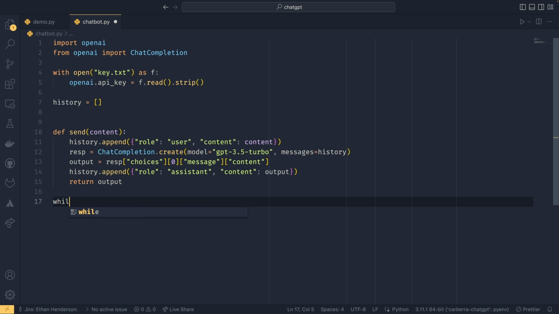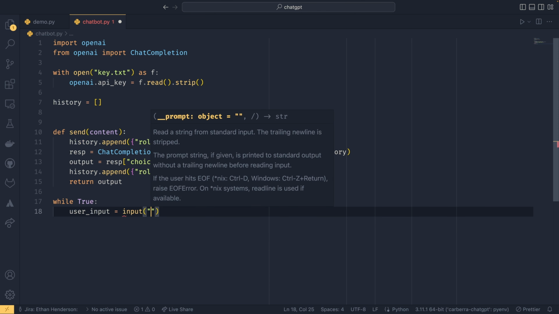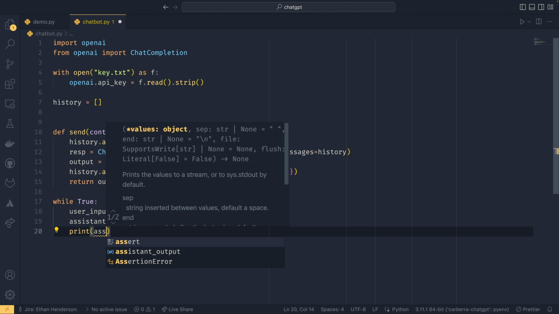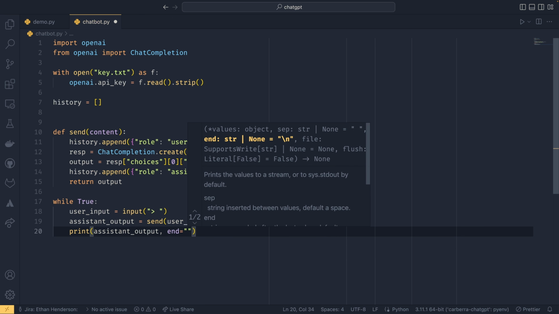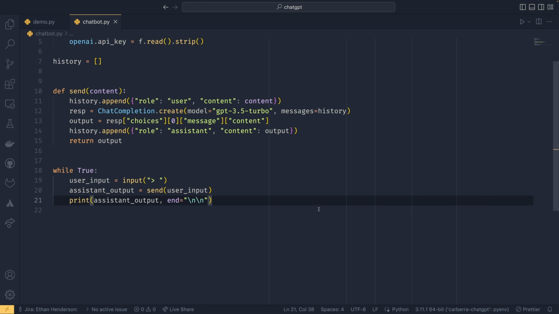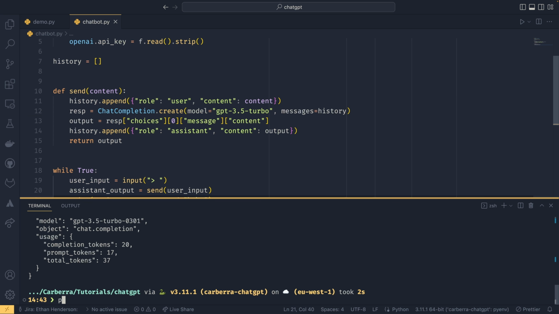So simply beyond that, you can do while true, user input equals input, and then just have it like that. And we can have our response equals send user input. I guess we can do assistant. Maybe something like assistant output would be a better variable name to use. And then we can print our assistant output to the terminal, and you'll see why I'm doing this when we actually launch it, but we're going to end with 2 new line characters rather than just 1. So if I run that, we don't need this to be this big anymore. If we run that,